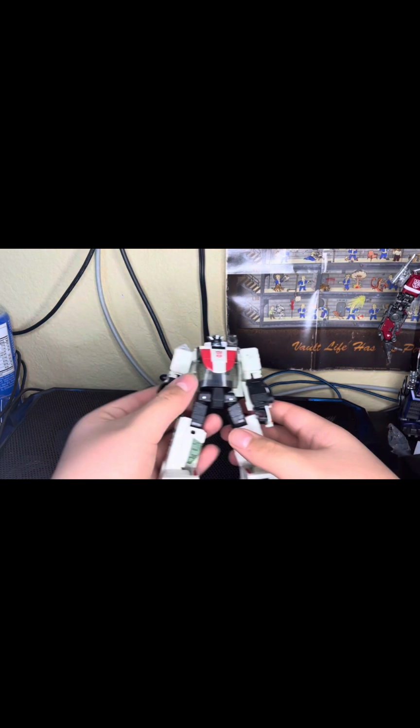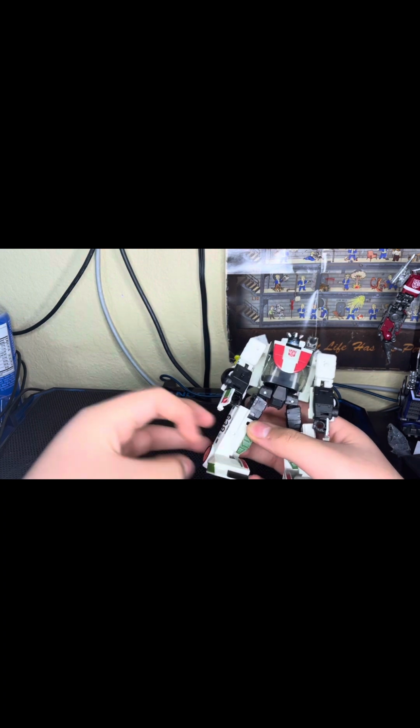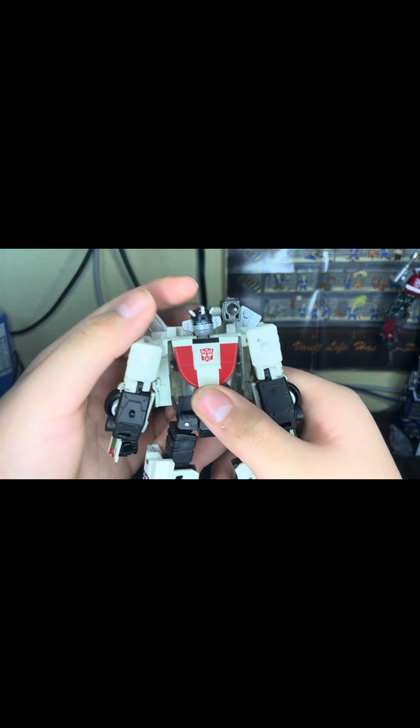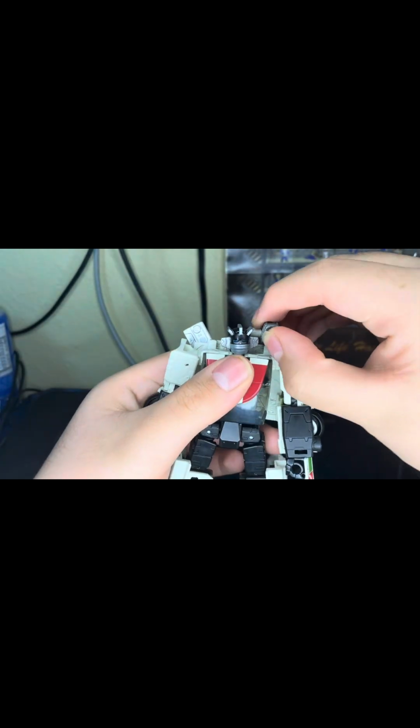Now, when I saw him on Hasbro, I wanted him, just recently, because he recently got re-released, and I wanted him because I love Wheeljack. He's so cool. He's my favorite Autobot. But to start it off, he feels awesome. The plastic feels actually super good. It feels almost exactly like the Bumblebee Wheeljack. So yeah,